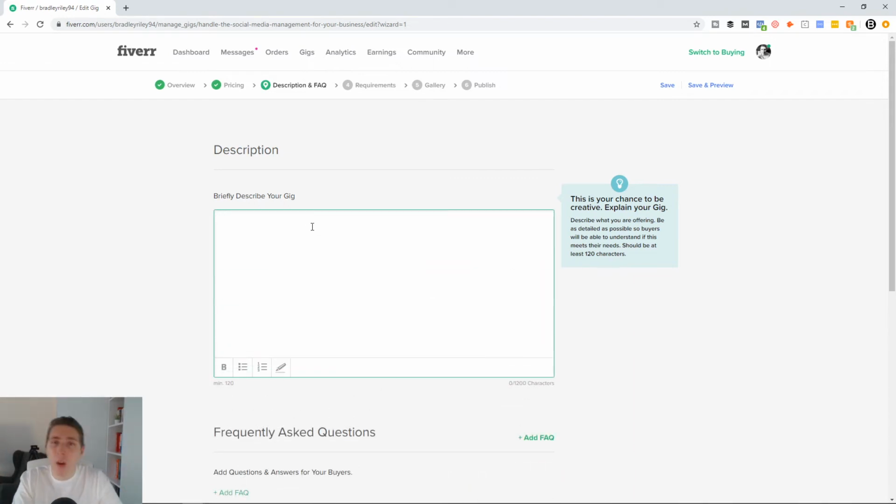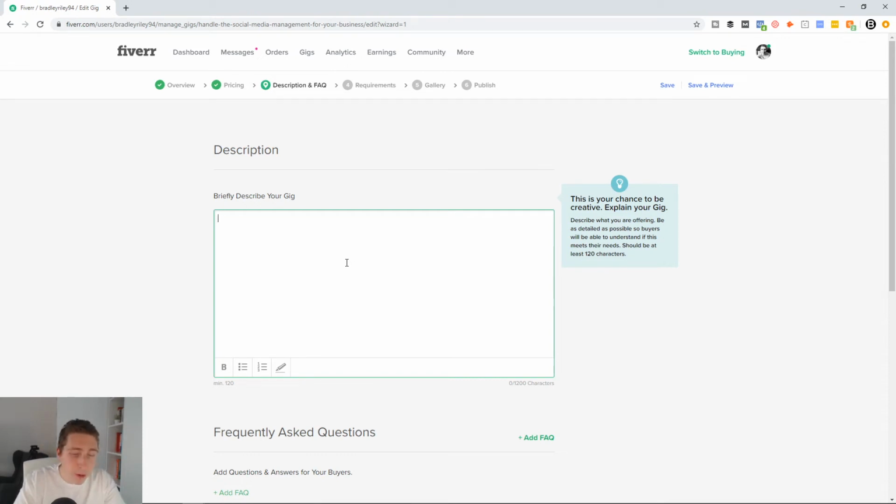It's a minimum of 120 characters. I recommend, obviously, you write this fairly in depth. The great news is once it's set up, it's going to stay there. So it makes sense to take 5 minutes to just write this out. Essentially here, as it says, describe what you're offering in as detailed a way as possible. So, this is where you'll say, we do handle the design of the content. If you can send us content, that would be great. We'll handle the caption writing. We'll get the hashtags created for you. We'll also schedule out and post all of the content. We will not be doing social media growth. We will not be doing Facebook ads. Make it very clear as to what this service is and what this service isn't in a minimum of 120